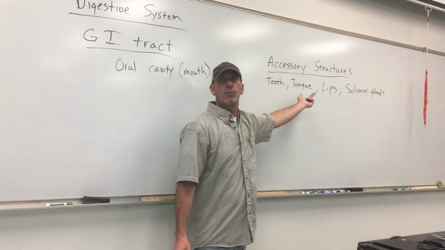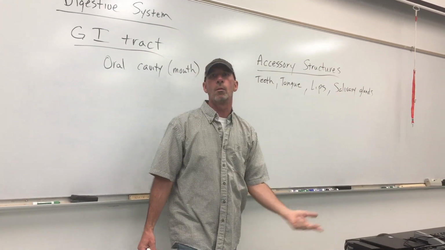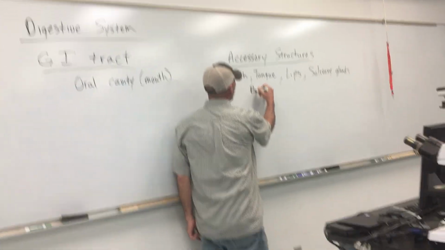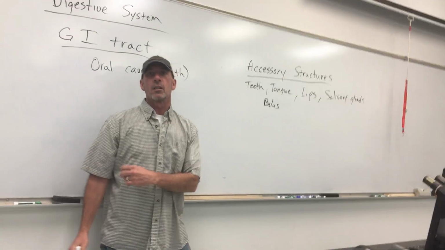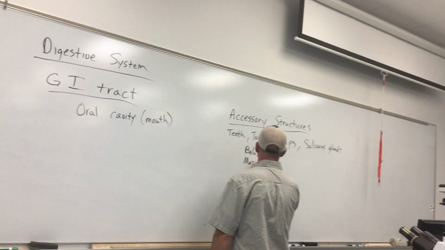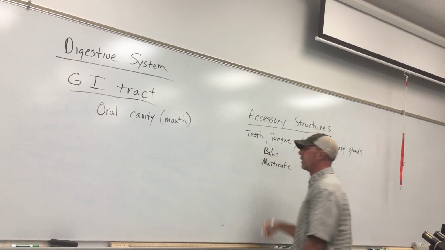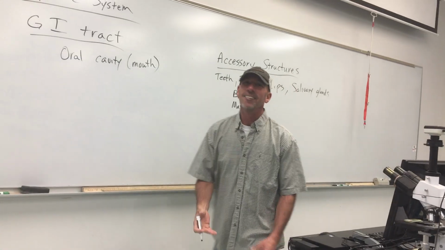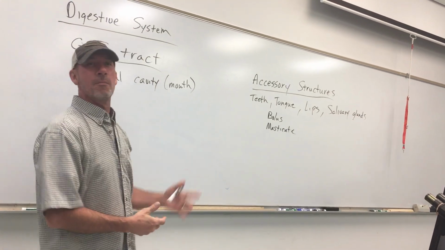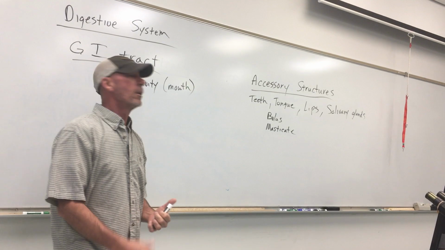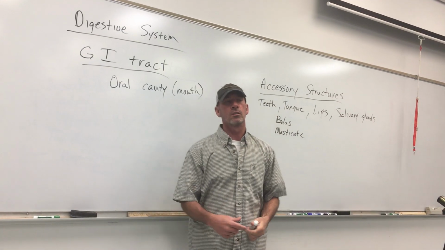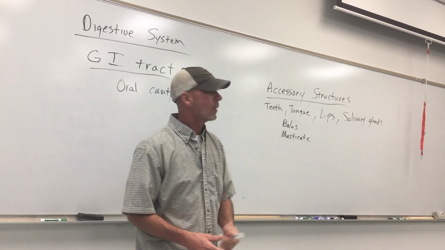The tongue manipulates the food material around, helps form a swallowable size structure that we call a bolus. Bolus is simply the food material after we have masticated or chewed up that material. To masticate is a fancy way of saying to chew, which obviously I like that word just because it does sound dirty. But as we chew our food, we're softening it, moistening it. We're having contributions from the saliva, from the salivary glands.